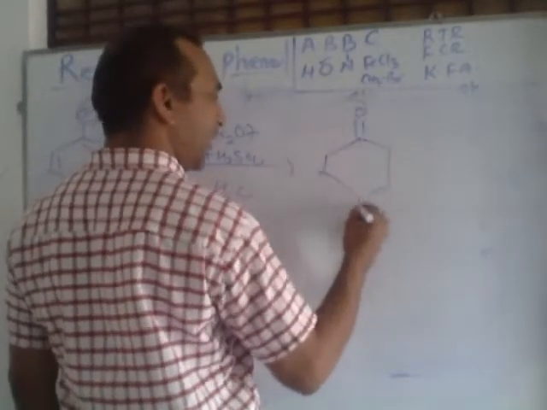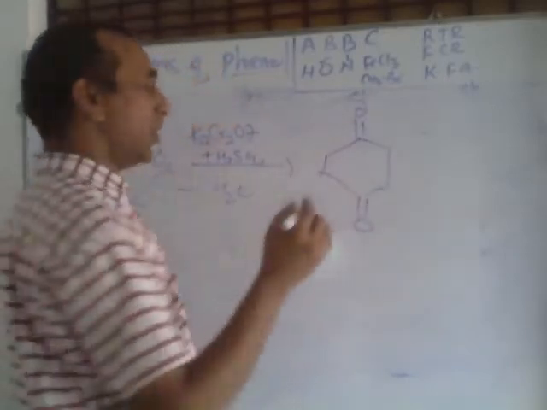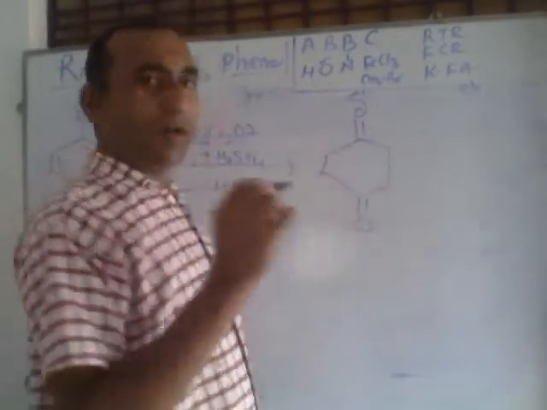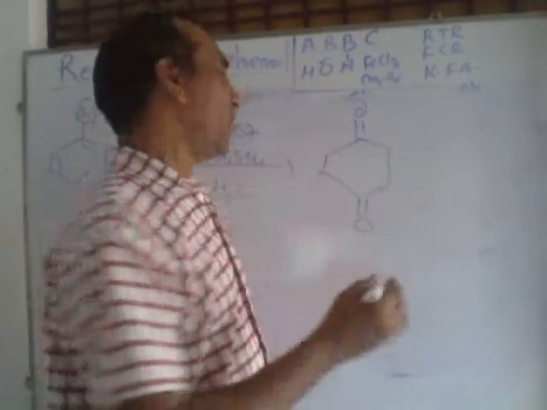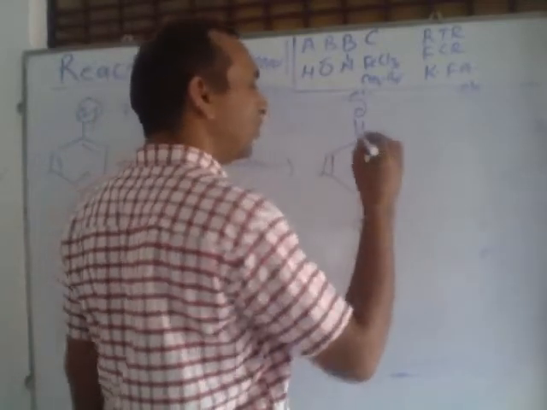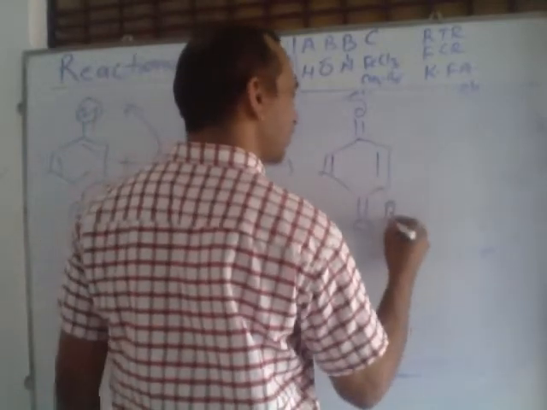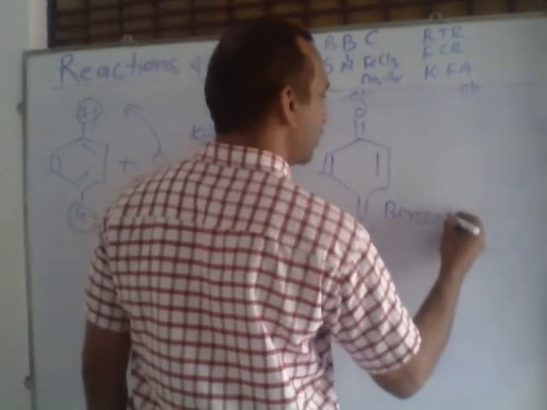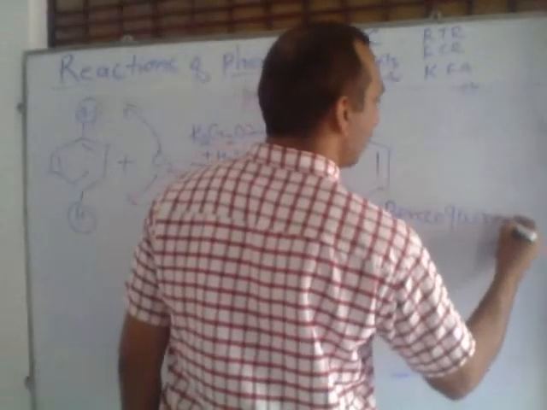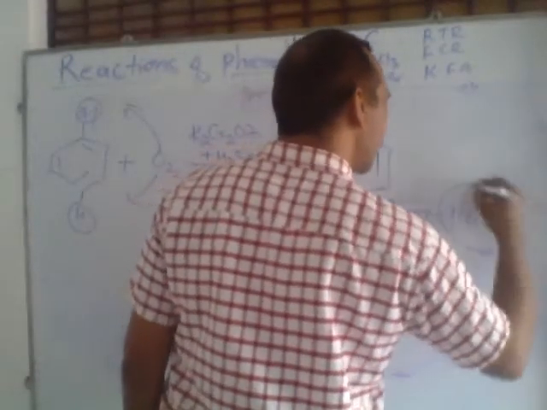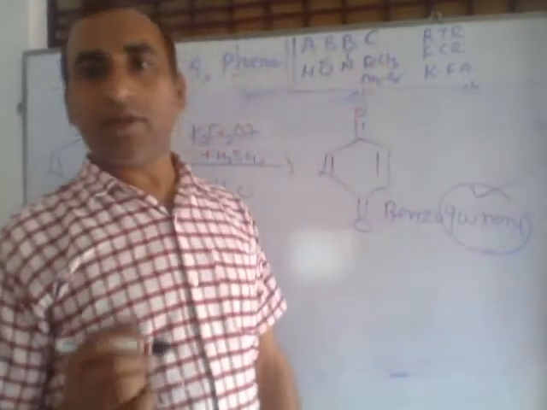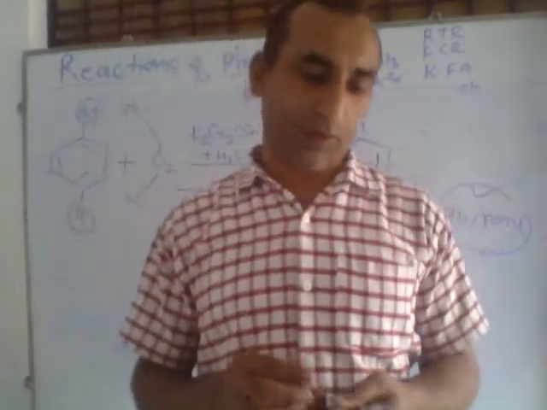Oxygen forms a double bond here, as the valency of oxygen is 2. So inside the ring you can't draw double bond, single bond, double bond; here this type of bond is formed. This compound is called benzoquinone. Also we can say this is only quinone. This is quinone, otherwise benzoquinone.